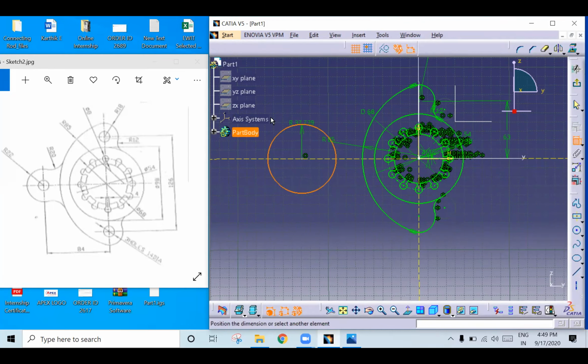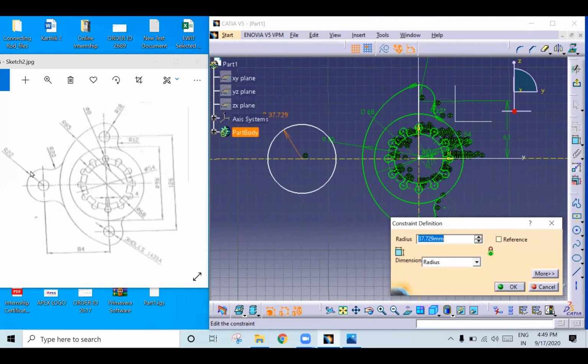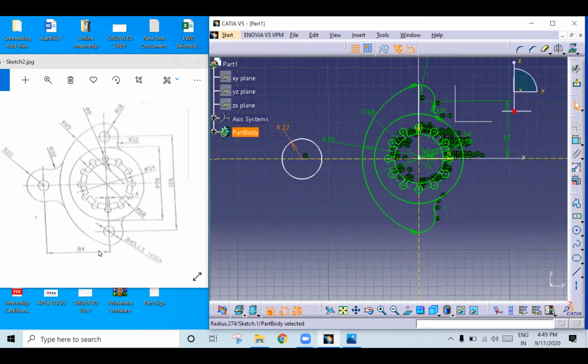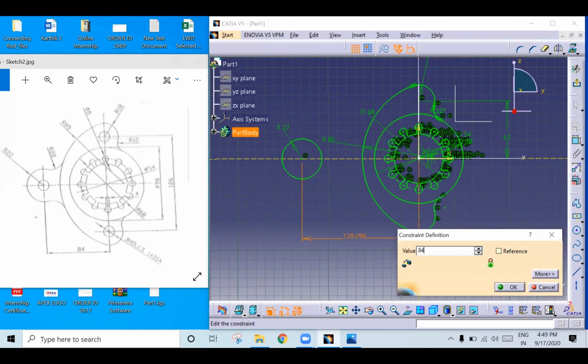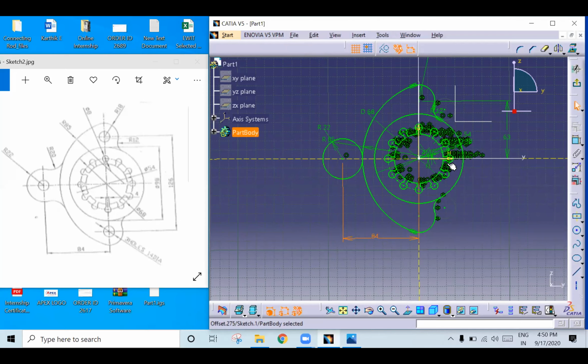What is the dia? Radius, 22. The distance between these two is 84. From here, 84. Okay.